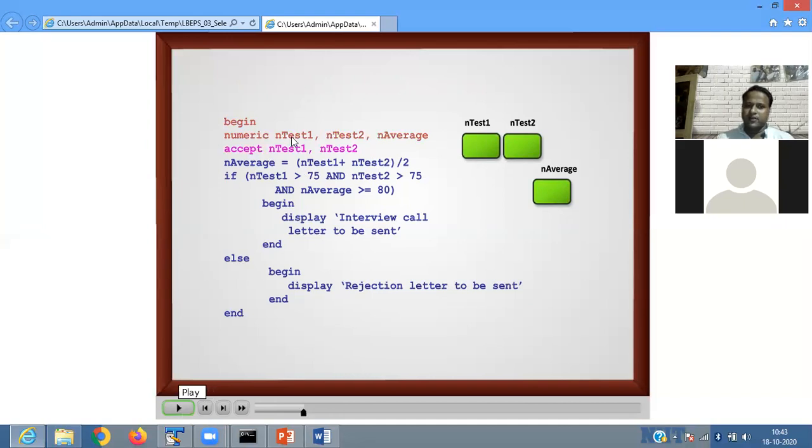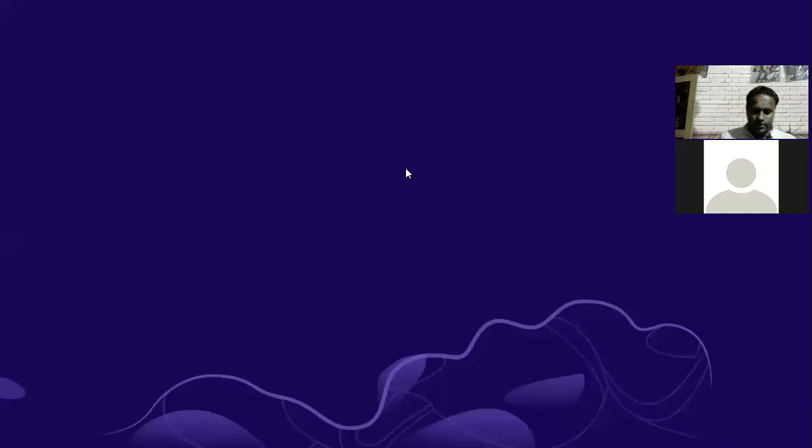Then accept test1 and test2, you accept it like 75 and 79. Then 75 plus 79 divided by 2. Okay, so you check whether it is correct or not.